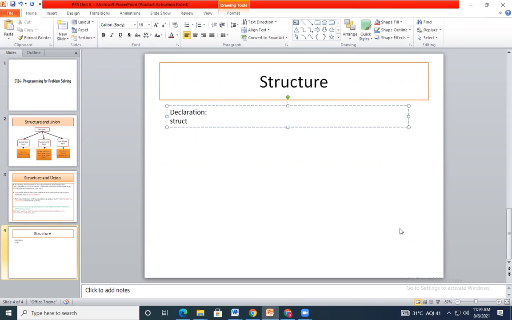Okay, now after this open and close curly bracket. Now here you can define data type and the variable name.